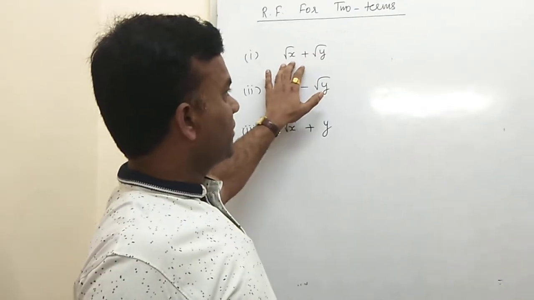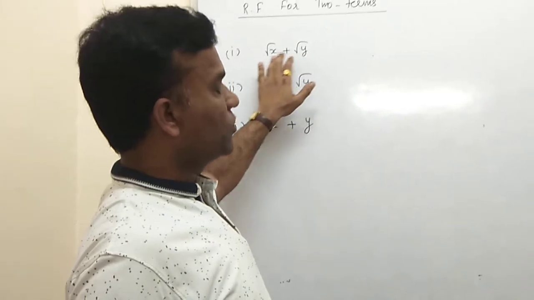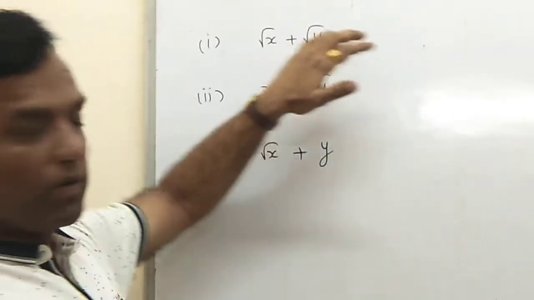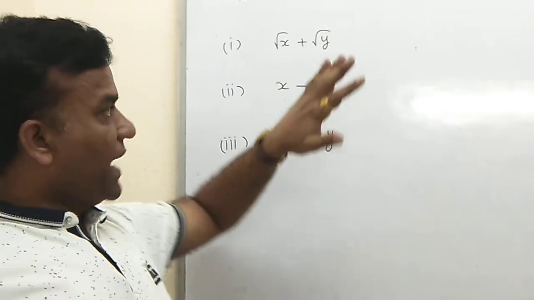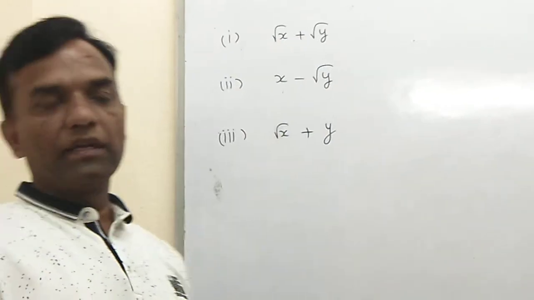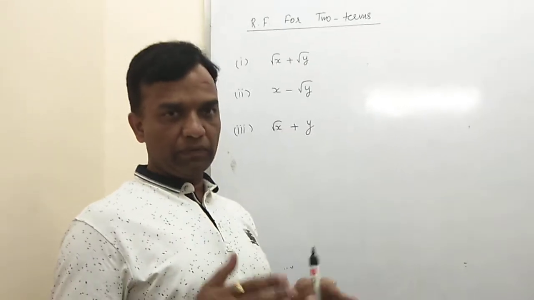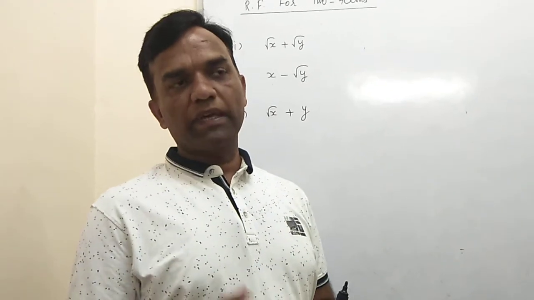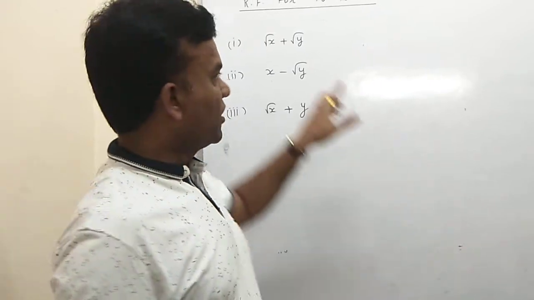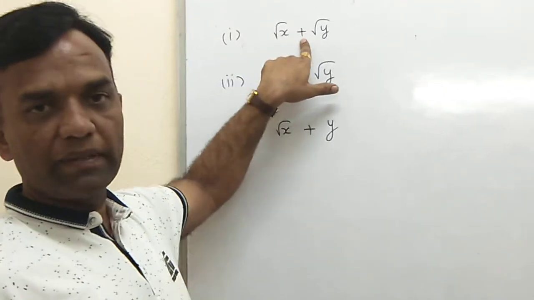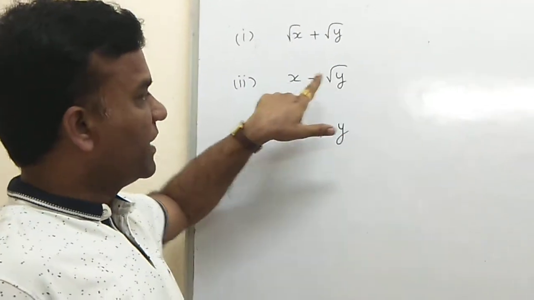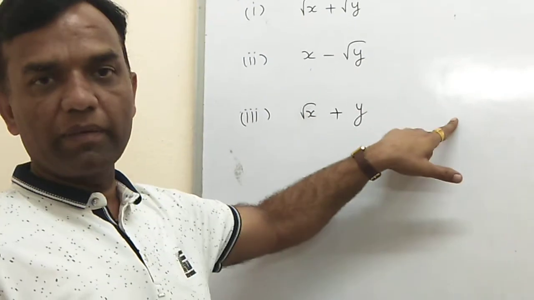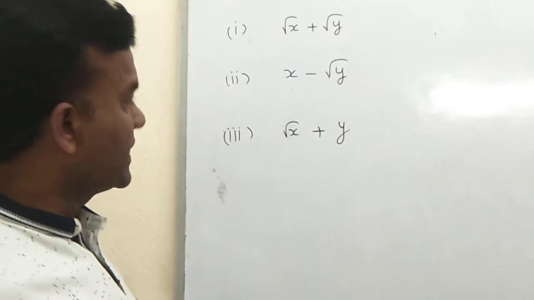Now here we have a term like root x and root y, and you convert this number into a completely rational number, and then you multiply. The concept here is that we use the rationalizing factor for multiplying, and you take the conjugate of the sign. Conjugate means that if a plus sign is given, then you multiply with minus. If a minus sign is given, then you multiply with plus. If a plus sign is given, then you multiply by the minus. We have the same example here.